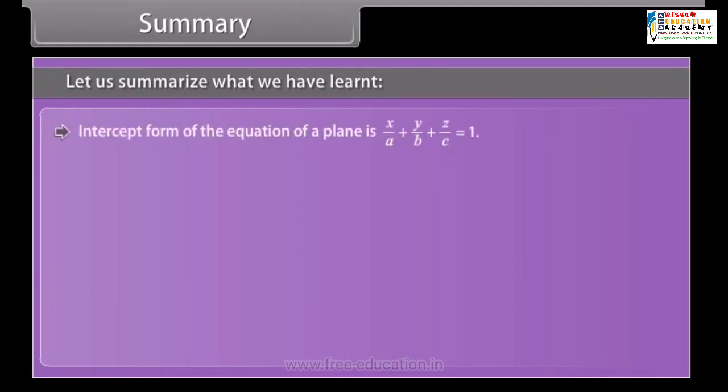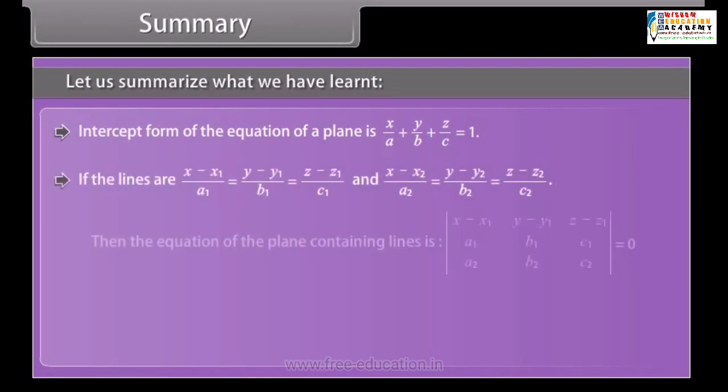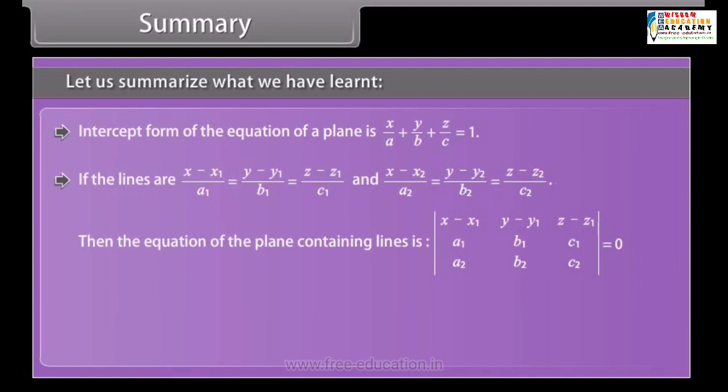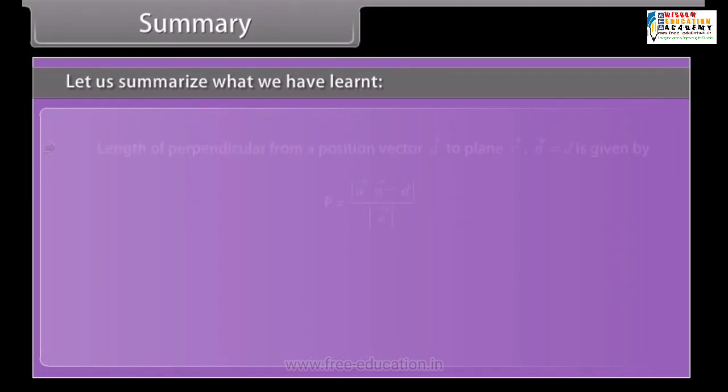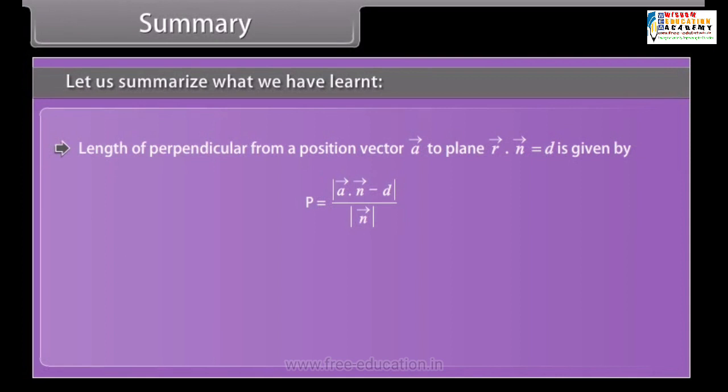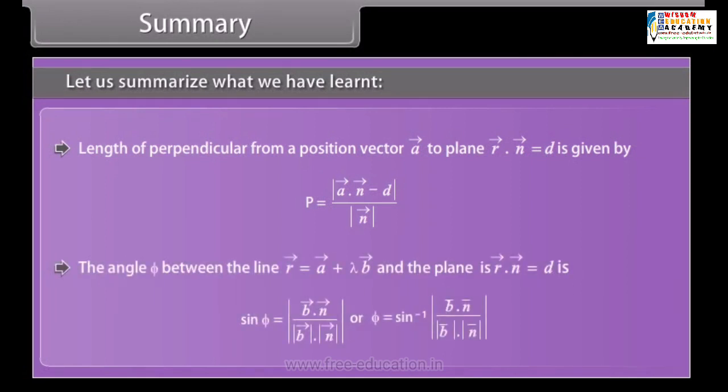Intercept form of the equation of a plane is. If the lines are, and, then the equation of the plane containing the lines is. If theta be the angle between two planes, and, then theta can be written as. Length of perpendicular from a position vector A to the plane is given by. The angle phi between the line and the plane is